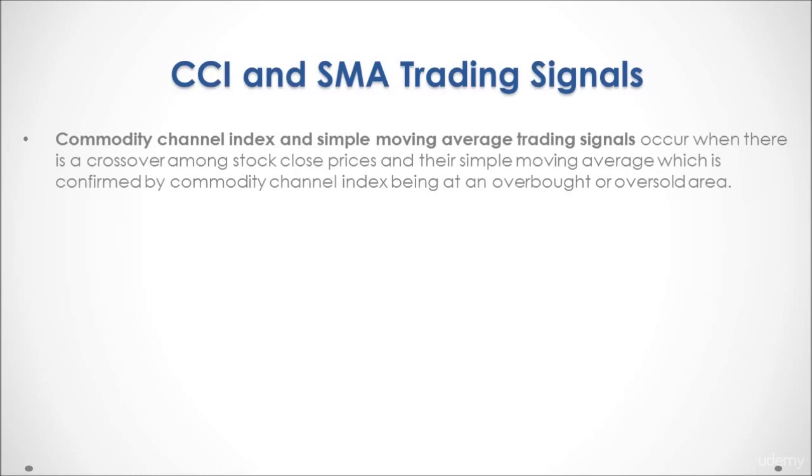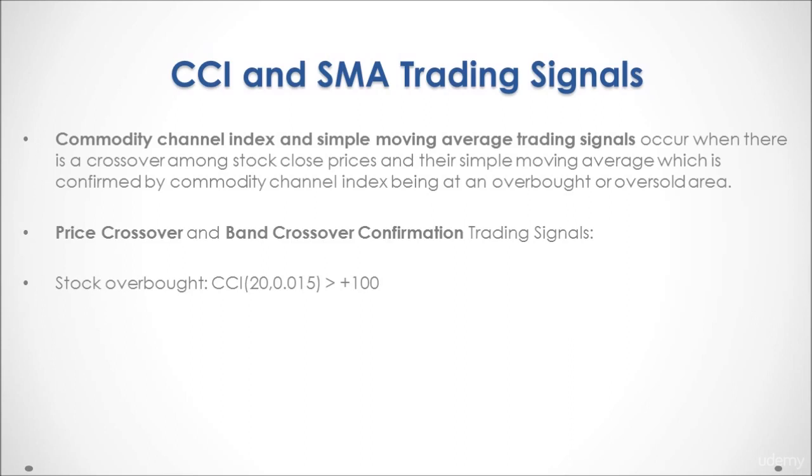Commodity channel index and simple moving average trading signals occur when there is a crossover among stock close prices and their simple moving average, which is confirmed by the commodity channel index being at an overbought or oversold area. Therefore, we have price crossover and bands crossover confirmation type of trading signals, in which we have a stock overbought if the commodity channel index is above plus 100 and the stock is oversold if the commodity channel index is